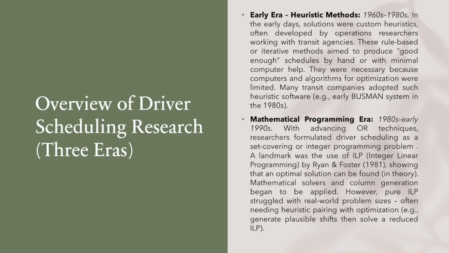Then you have the second, the mathematical programming era, from the 1980s to the early 1990s. With advancing techniques, researchers formulated driver scheduling as a set covering or integer programming problem. A landmark was the use of ILP, integer linear programming, by Ryan and Foster, showing that an optimal solution